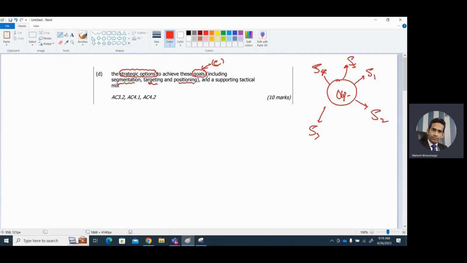Let's say the differentiation strategy, the product development strategy, the pricing strategy, promotion strategy, growth related strategies, branding related strategies, the brand reputation development strategy, brand awareness strategy. Like that, many strategies are available. So in your answer, they are specifically mentioning within brackets that including segmentation, targeting, and positioning, which means in the strategy area you're going to discuss, you have to talk about segmentation, targeting, and positioning as well in